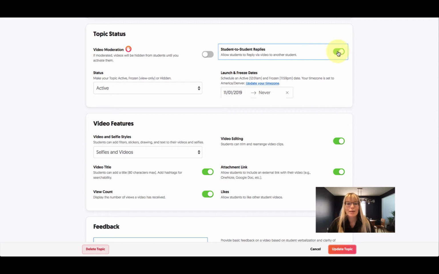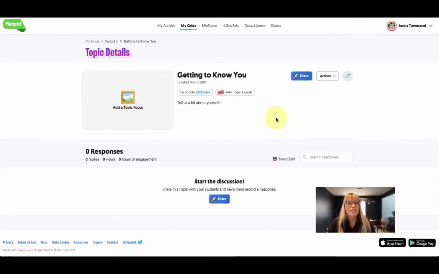I can also enable or disable student-to-student replies. Students can always respond to a topic, but I can determine whether or not students will be able to reply to each other's videos with more videos. In order to see what everything looks like as a student, I can go ahead and click on the flip